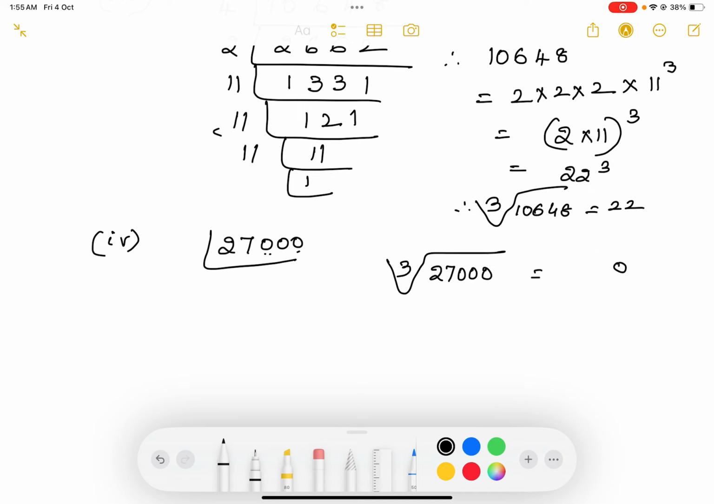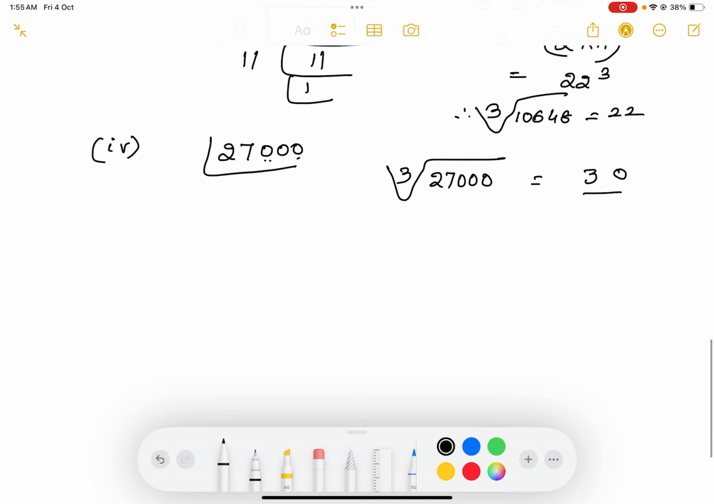And 27 is the cube of what? Cube of 3. So it is 3. It is very much clear. That is the observation you can use by using the prime factorization also. So I don't want to do that. So let us now go to the fifth one, which is